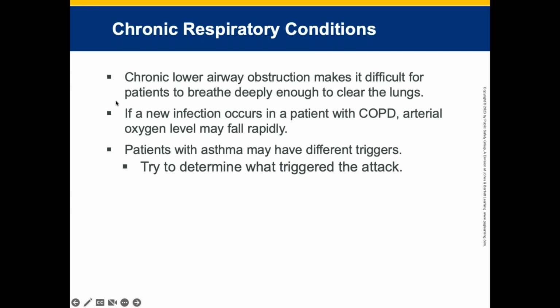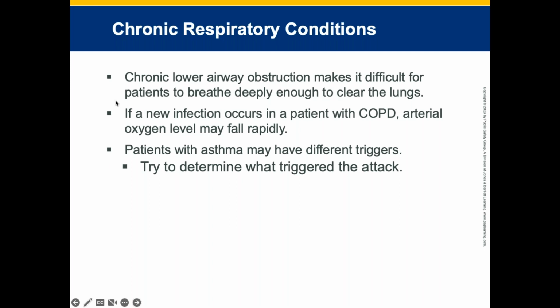All right, so as far as chronic respiratory conditions go, we look at patients with chronic conditions that may have long periods in which they are able to live relatively normal lives, but then sometimes experience acute worsening of their conditions, and that's where we get that whole exacerbation deal. Chronic lower airway obstruction makes it very difficult for patients to breathe deeply enough to clear the lung. So if there's a new infection of the lung in a patient with COPD, the arterial oxygen level may fall rapidly. And these patients may require